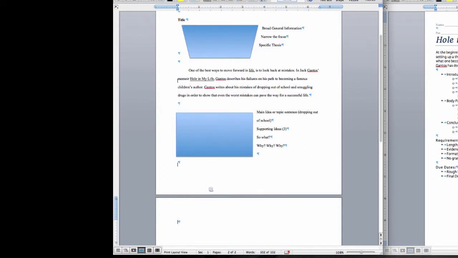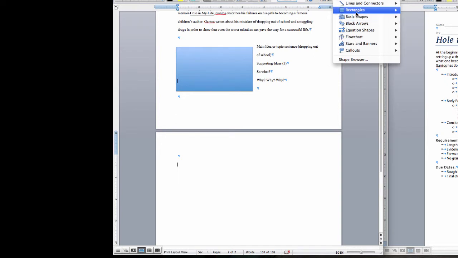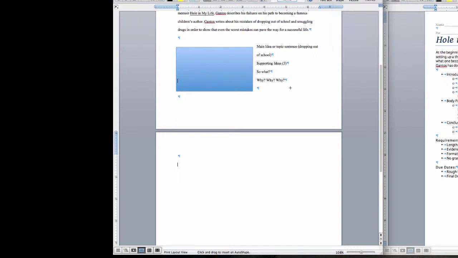Let's look at the conclusion. While an introduction is an upside down trapezoid, a conclusion is going to be a right side up trapezoid. So I'm going to draw my shape again for you to look at, and then we could talk about what this is.